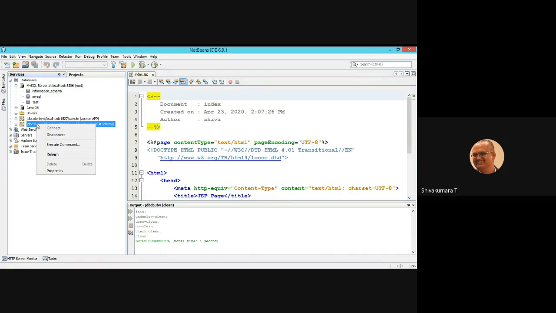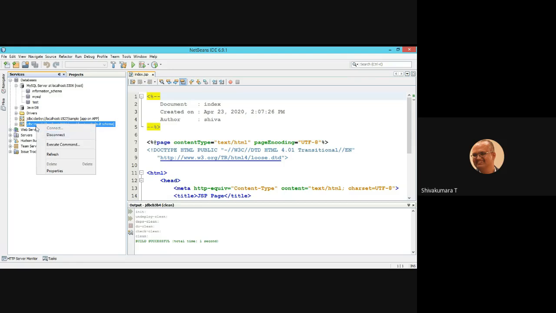We need to obtain those things through the properties of the MySQL instance.